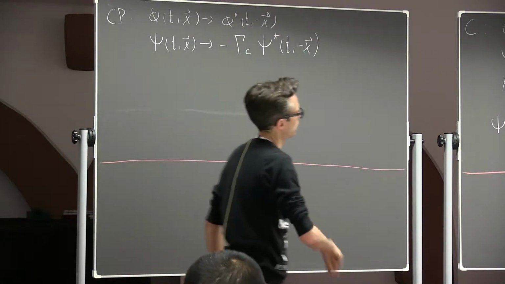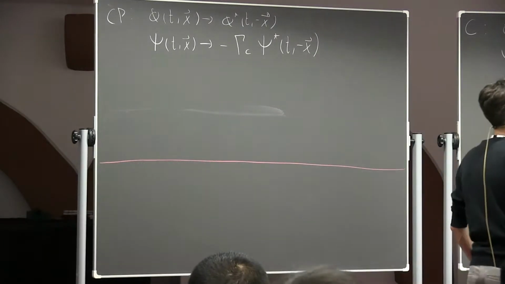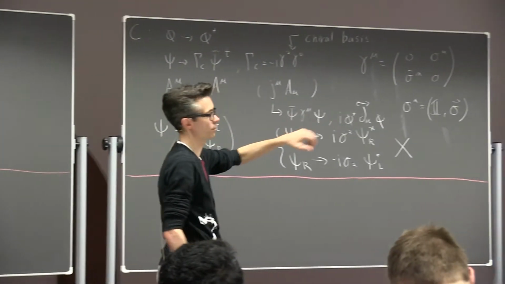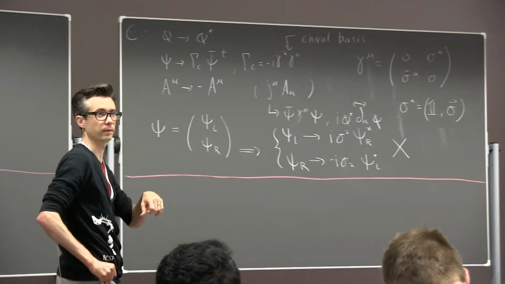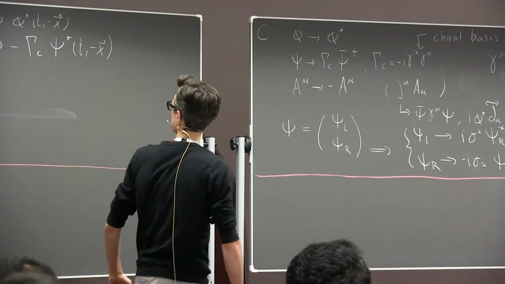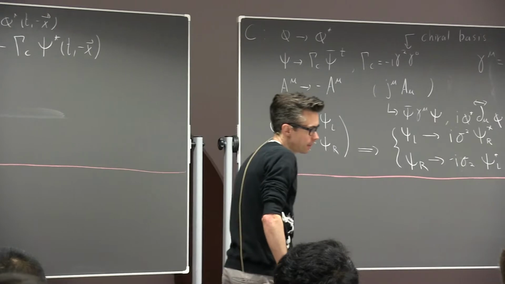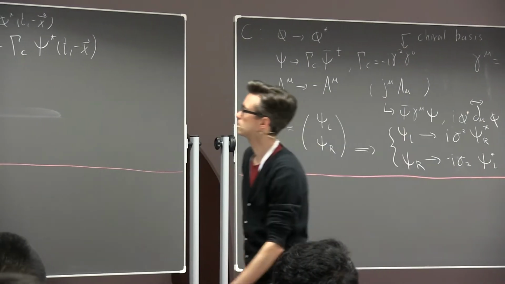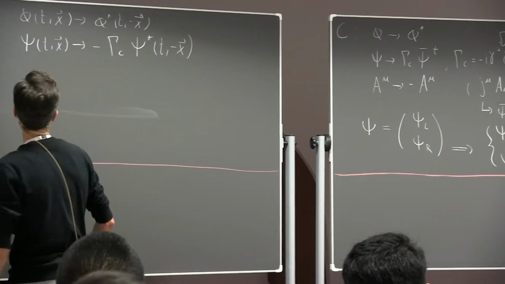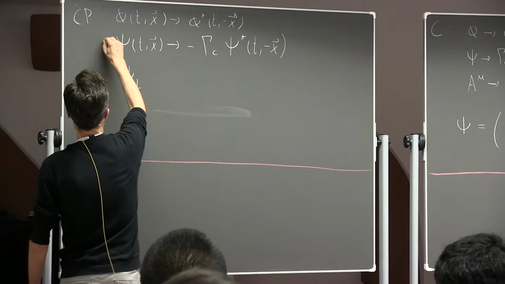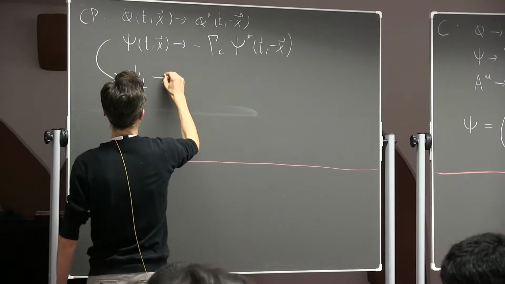And, okay, I won't do the vector transformation, but the vector transformation is the two minus signs cancel, and I'm just left with the eta mu bit. Okay, so I've got my parity, my C and my CP. And the reason CP is better behaved than C or P individually is if I look at the chiral components of this, it implies that psi left goes to,